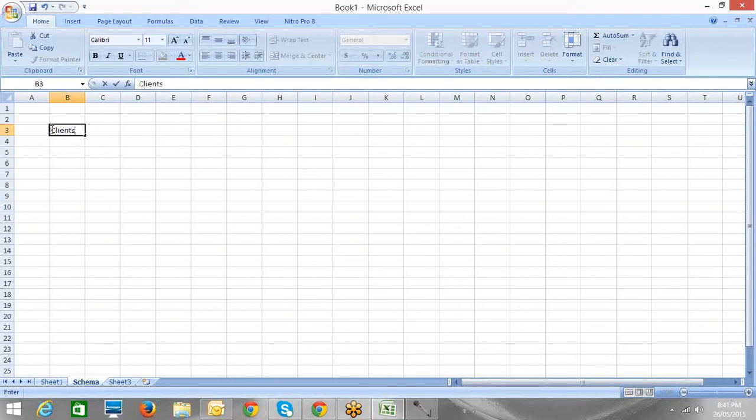Now all the fields that we need inside that object need to be listed below this. So field number one will be name, city, state, country, phone, fax, and website.